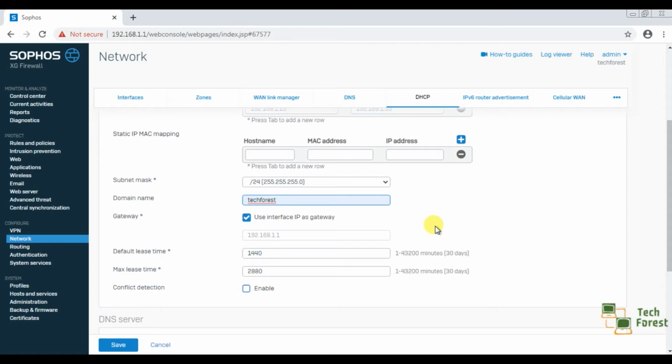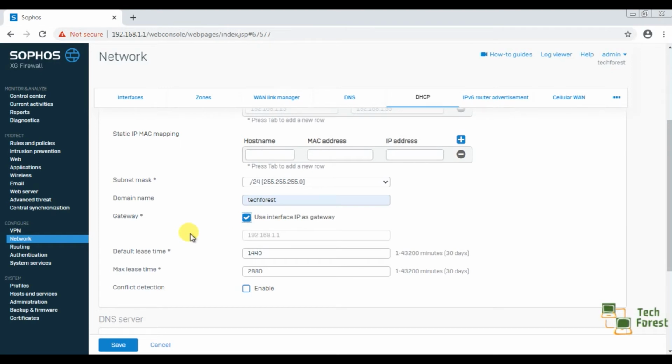But if you are using a router first and the second device is your firewall, generally the router's IP will become the gateway. So here we have an option to select a gateway, and we want to use the interface IP as the gateway, so by default it's selected. If you want to change it, we can enter an IP manually, but there is no need in our scenario, so we are checking it back.